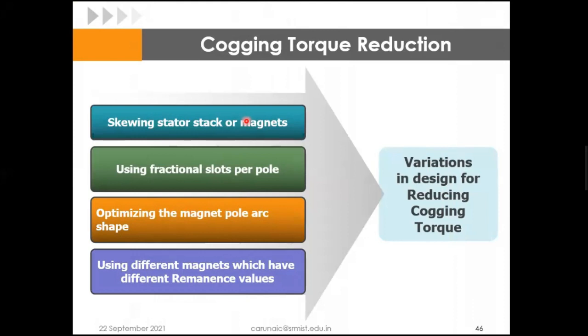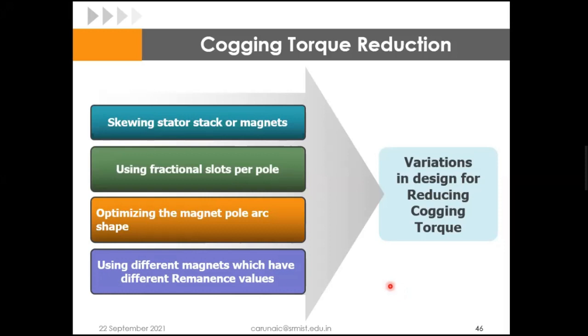So with this basics, what are the variations that can be carried out so that your cogging torque can be reduced? If you ask me, without design variation, can we minimize the cogging torque? Yes, obviously. If you are going to reduce the torque ripple, if you do have many controllers to minimize the ripples, then obviously this cogging torque will be reduced. But again you need to invest in a control system over it. Once ideal manufacturing of the machine is done, definitely there will not be cogging in your machine. So that is the basic idea behind it.